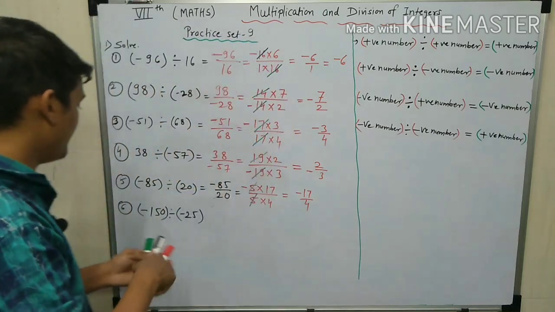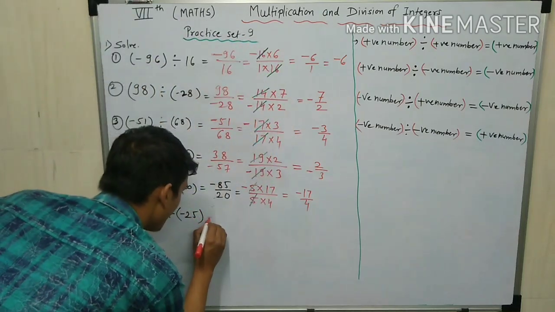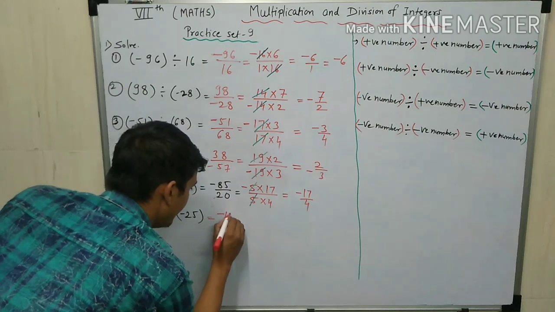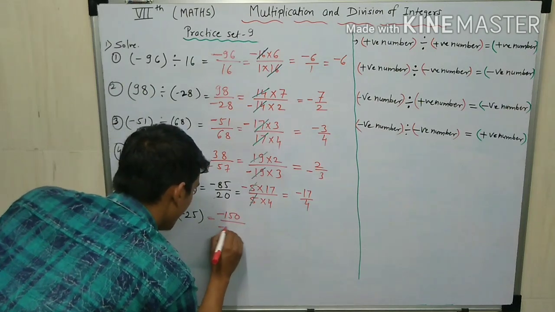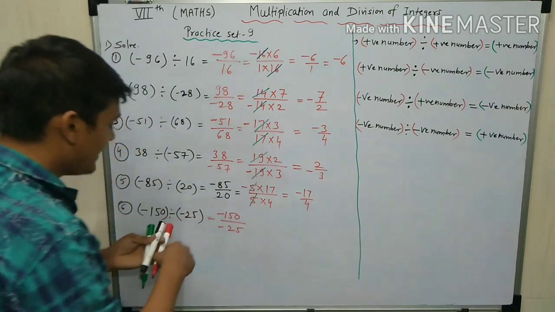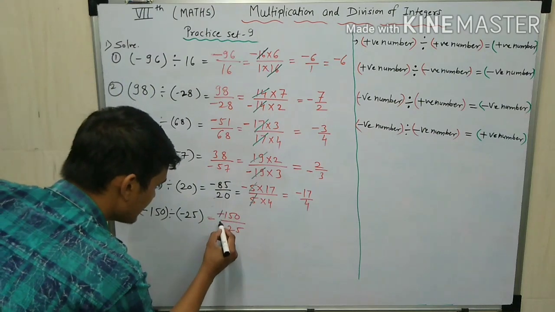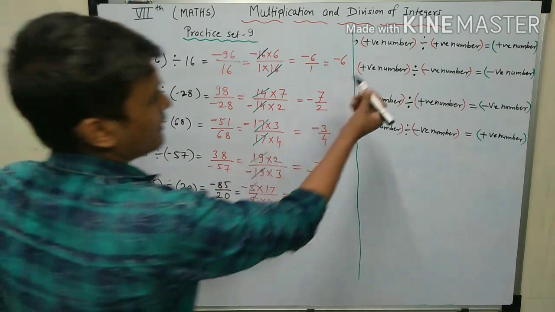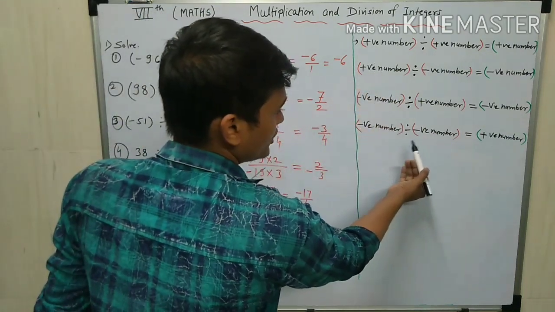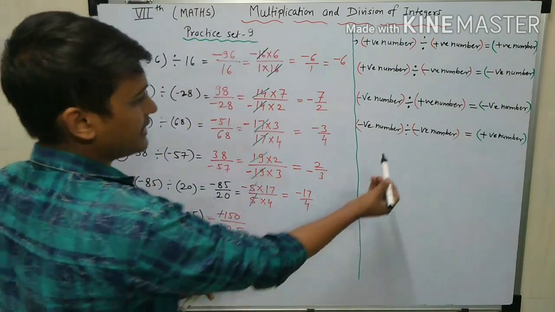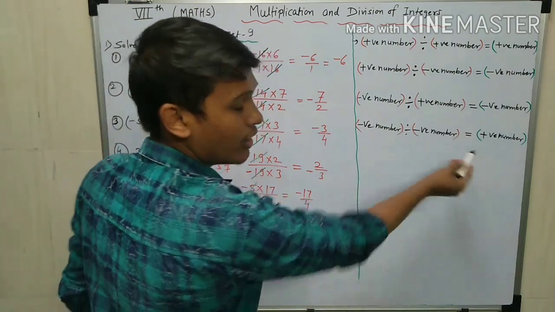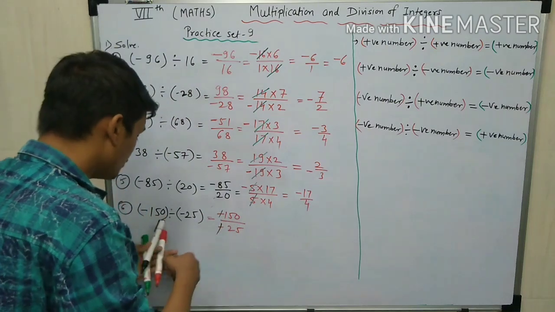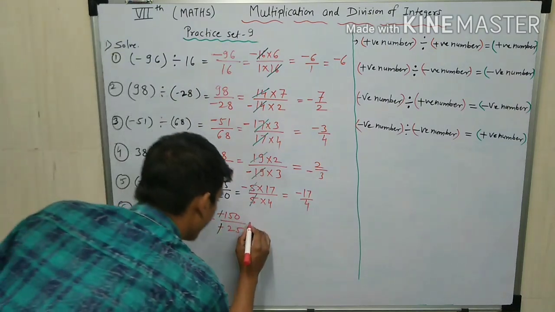Minus 25. Now look here. First we can write minus 150 upon minus 25. The minus will cancel. One negative integer divided by a second negative integer gives a positive number. This is a positive number, and we can write here